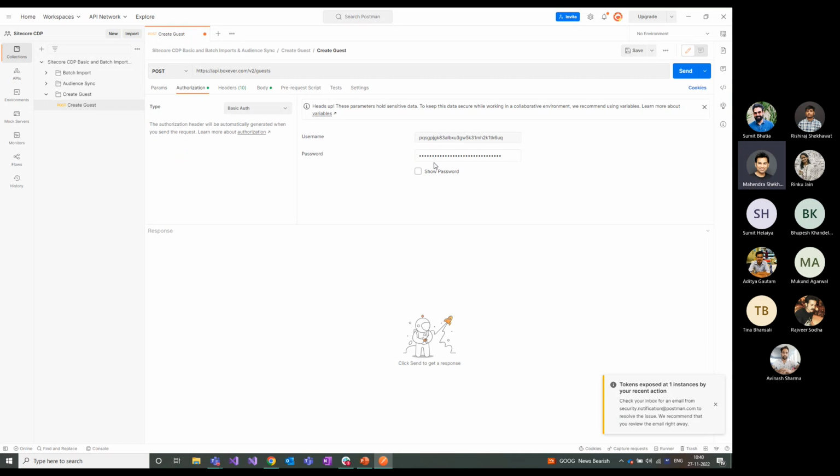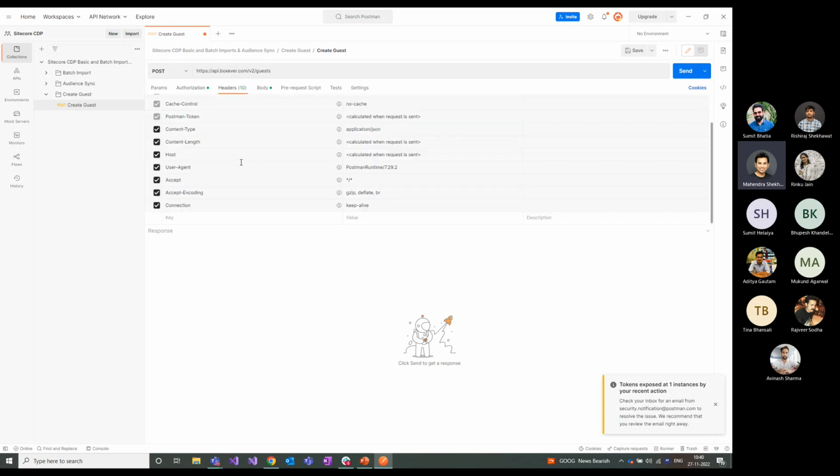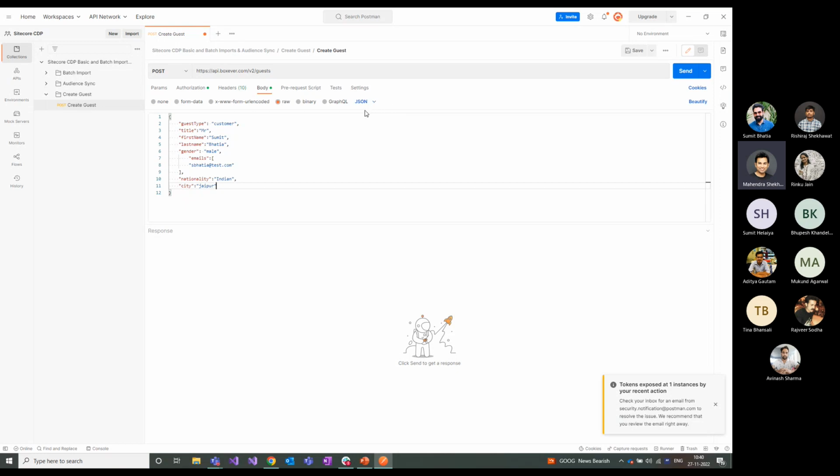We already have authentication data available, so it will do a basic authentication for this API. All the header information we are using as it is. The only thing is that the body type is JSON, so we already have this available here. And this is a POST method. I will just run this. Now this API path can be changed based on your region. Currently I'm on the boxserver, using that API, boxserver.com v2 and the guests API. If you click on this Send,